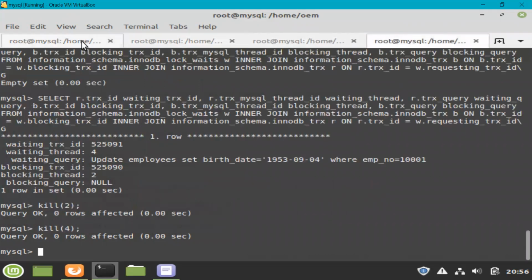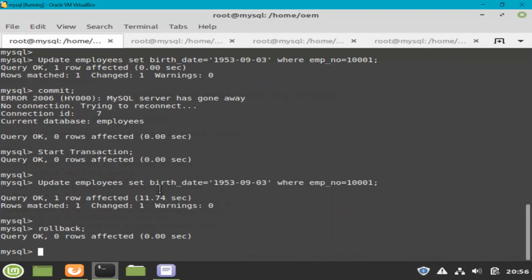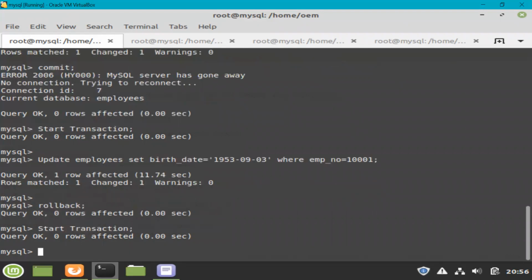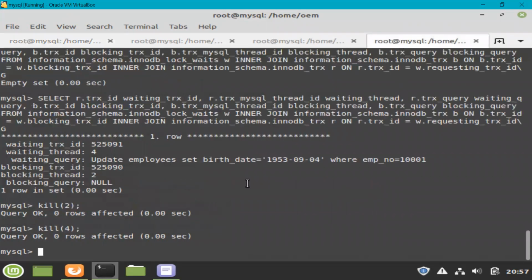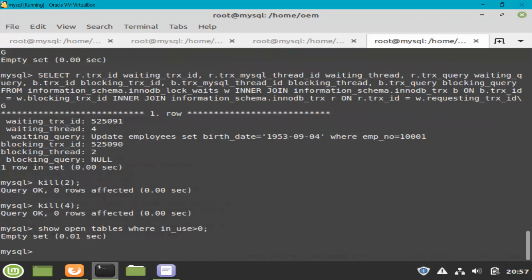Now, there are a few other commands that will give you some significant information related to locking and blocking. Like if I start a transaction again, and then execute this command again, and then go to another window and run show open tables where in_use is greater than 0, okay, it says empty set because there is no open table, right?